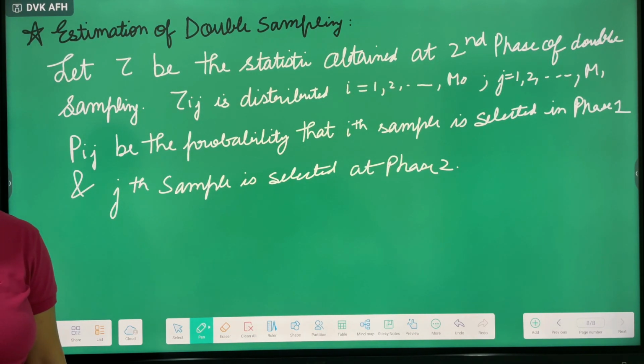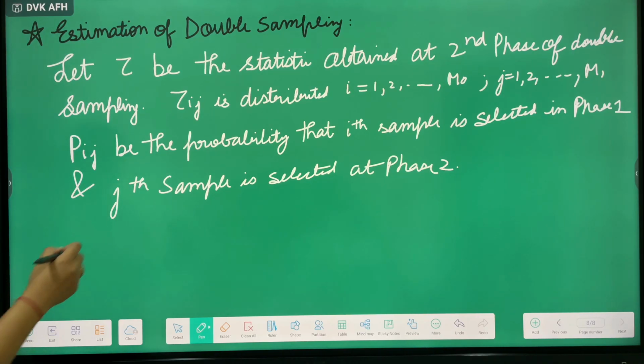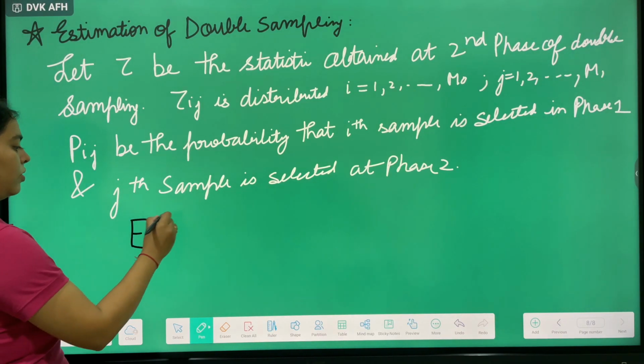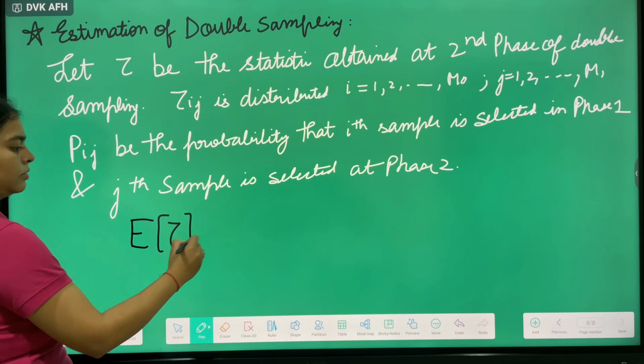Right? So now we know that estimation of tau can be written as